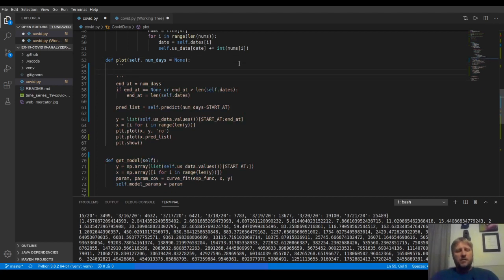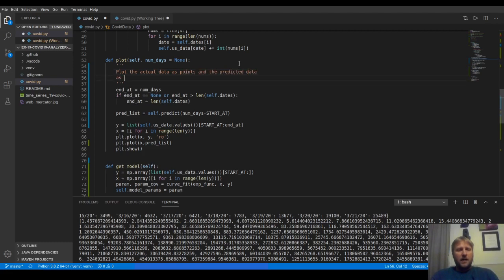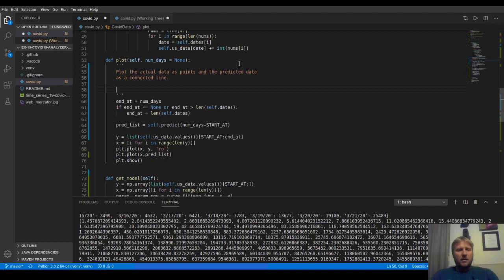So this is going to plot the actual data as points and the predicted data as a connected line. Num days is the number of